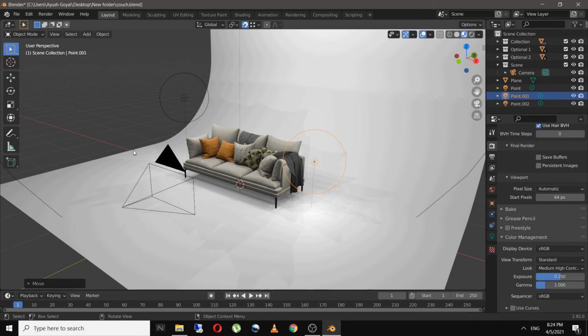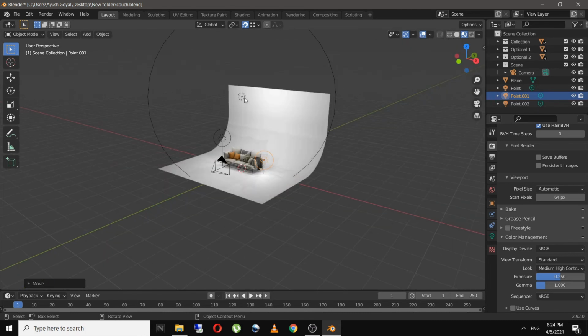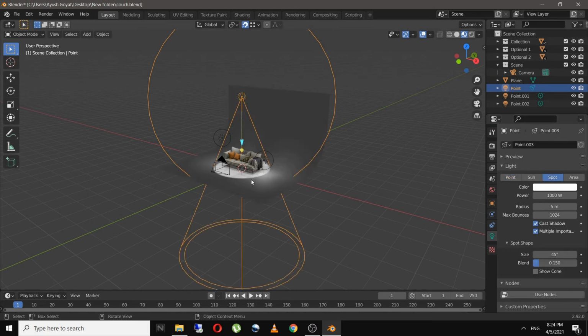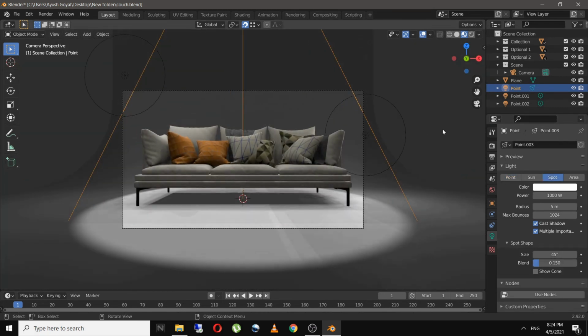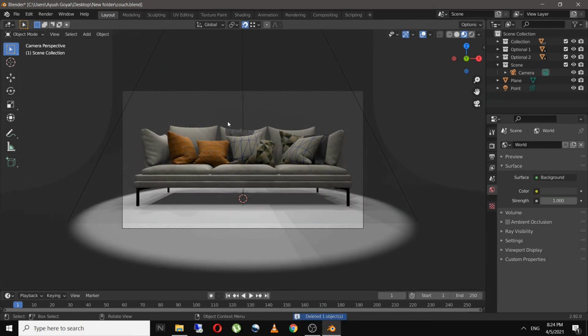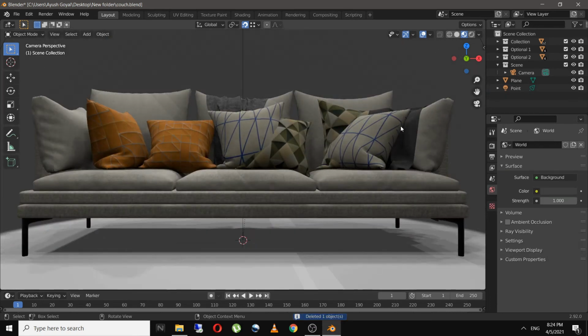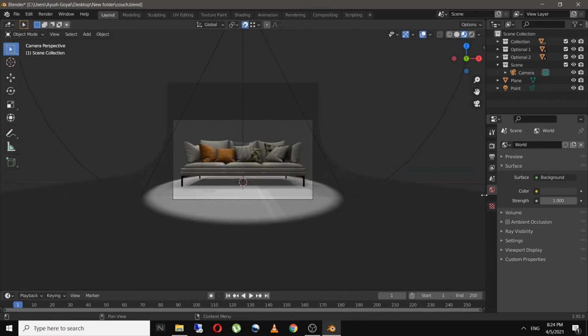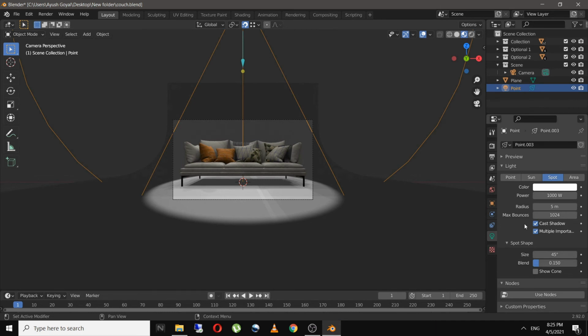And now let's change this point to spot. So as you can see, this is acting like a spotlight, and I will delete this too. So I'll click on this, and in spot I will change the radius to 2.